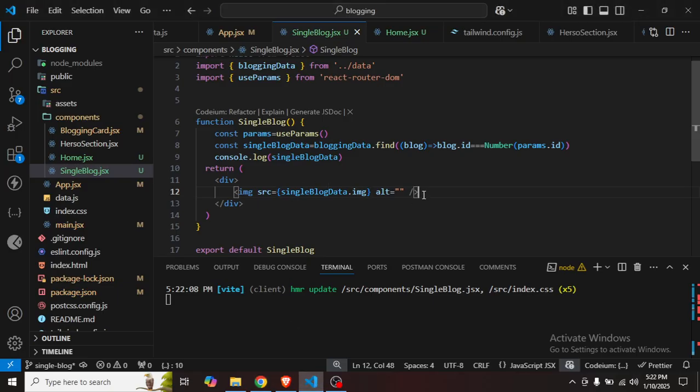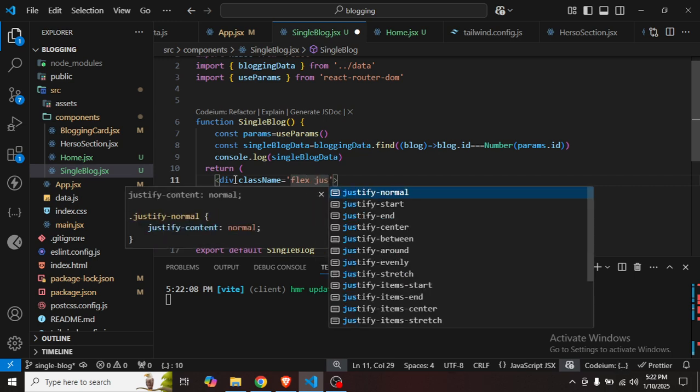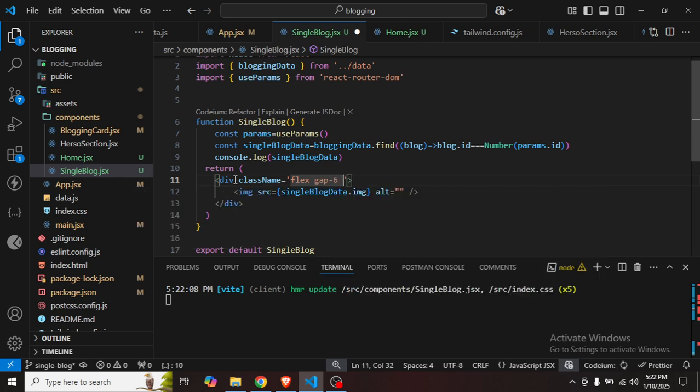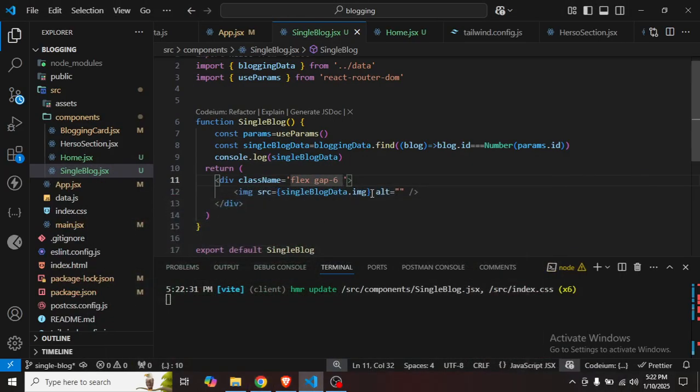Now let me write everything before showing you. So here I'm going to pass the class name, and this class name should be flex, and justify should be no gap. Let's give it some gap of, I think, 6, and I think it's not good. Now I'm going to use here some